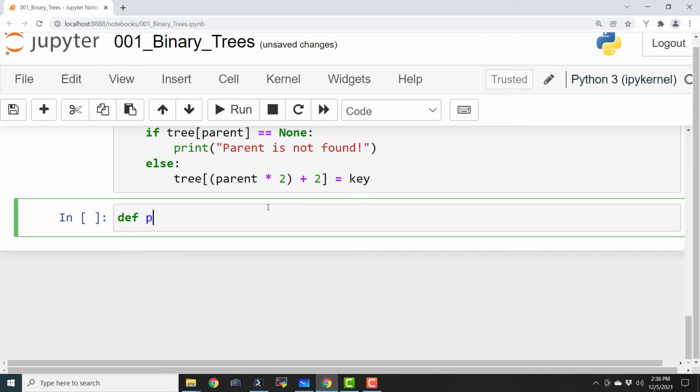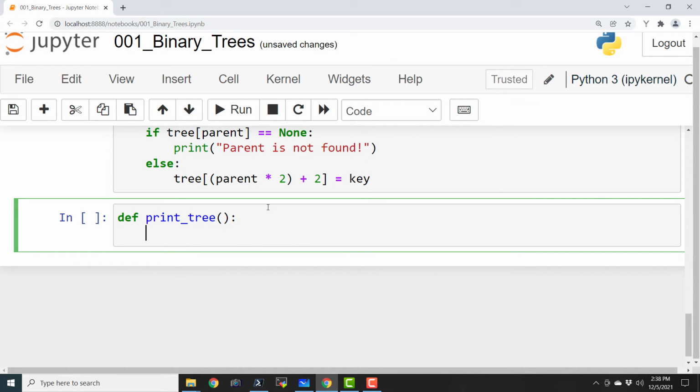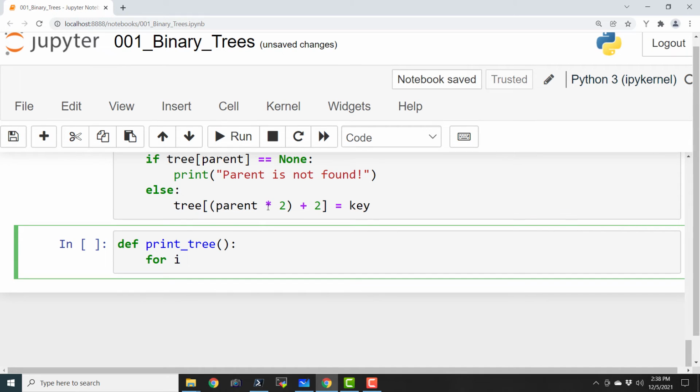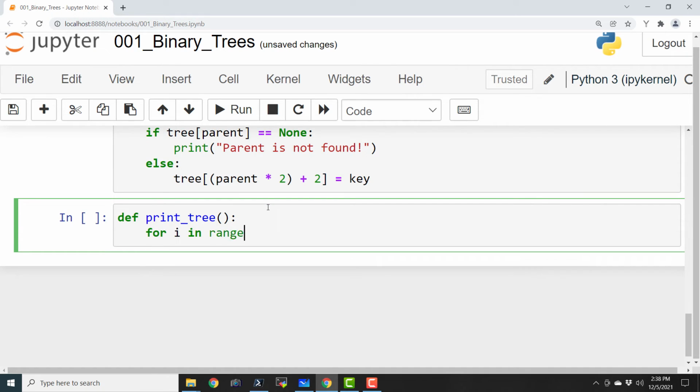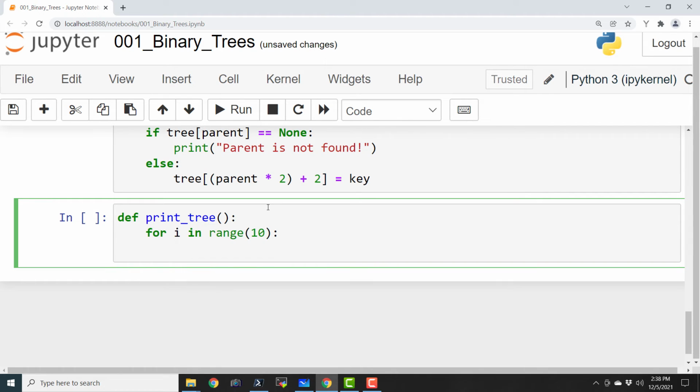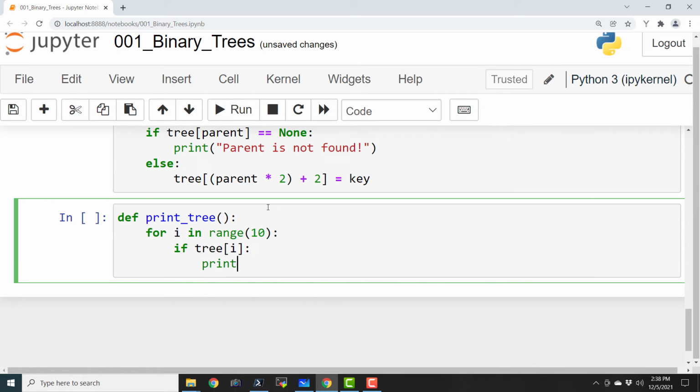Now let us define how to print that tree, and that is also easy. We are just going to print the element of that particular array. So for I in range 10. I'm using the words arrays and lists interchangeably, don't get confused. And anyway, you can just convert this program to a C, C++ or Java program, and you can also implement the tree there. You will just have to be comfortable with the syntax of those programming languages.